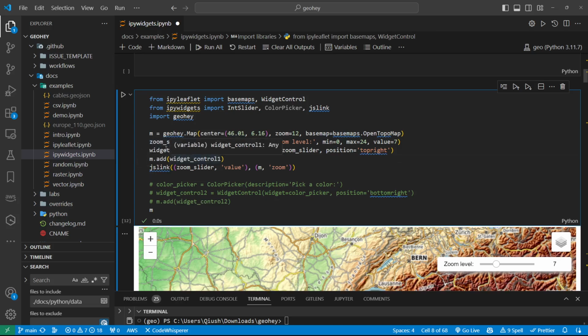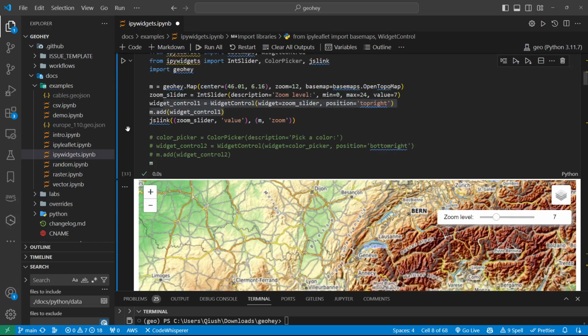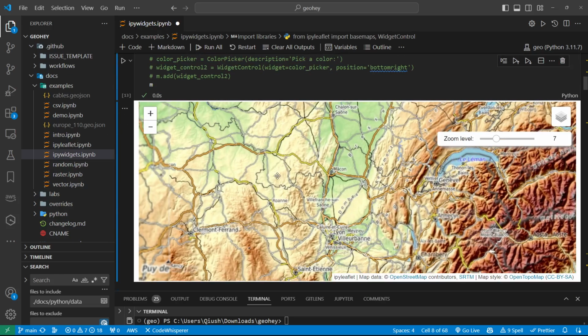After this line, the order doesn't have to be think first or then the control. You can construct the widget, put the widget in the control, add the control to the map, and then you decide what you want to do with this widget. Okay, so this should work the same way. If I run this one, take a look, right? Now if I zoom in,